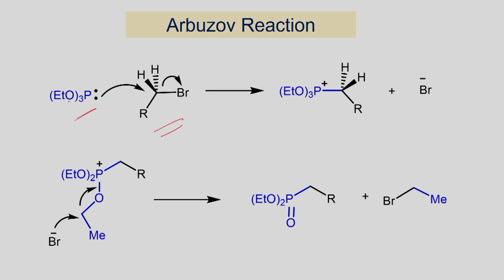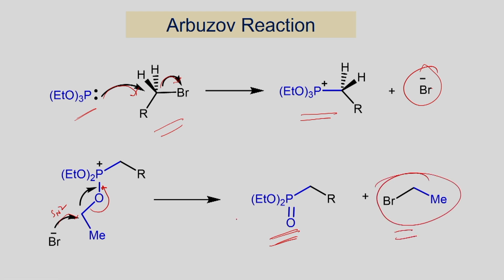and you can see here how this oxygen via SN2 pathway, and so substitution reaction can lead to the formation of the salt, and once you form this salt, this Br minus can react with this carbon here via SN2 pathway, and it can lead to the formation of phosphonate, and once you form the phosphonate, you generate alkyl halide as a product, and this is known as Arbuzov reaction, which also finds broad utilities in phosphorus chemistry.